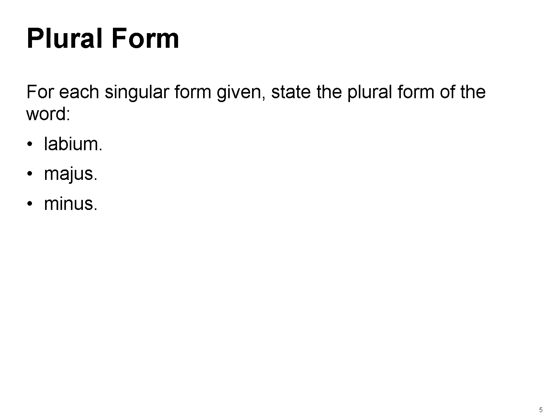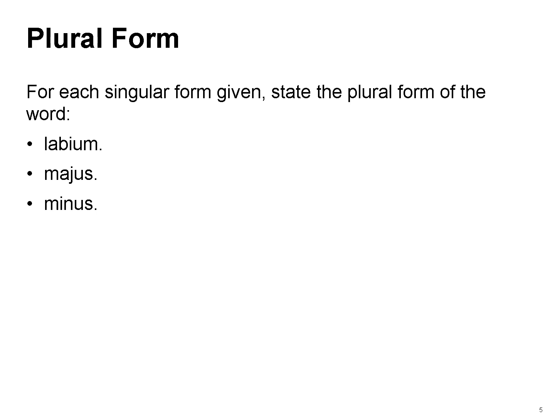Labium, the singular form, meaning lip. Its plural form is labia, referring to the lips or folds of the vulva. Majus, the singular term for greater. The plural form is majora, describing the outer folds of the labia. Minus, the singular term for smaller. Its plural form is minora, referring to the inner folds of the labia.